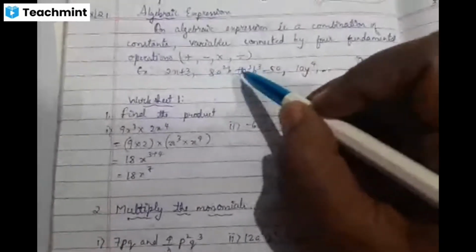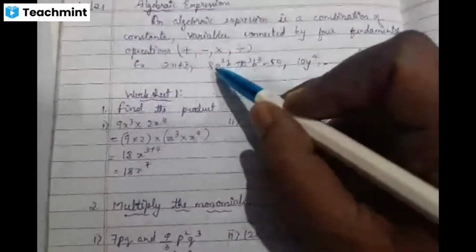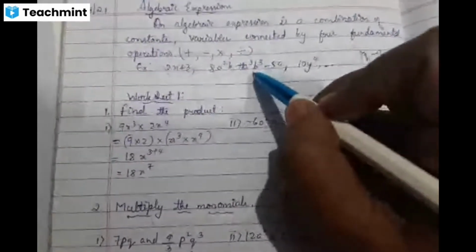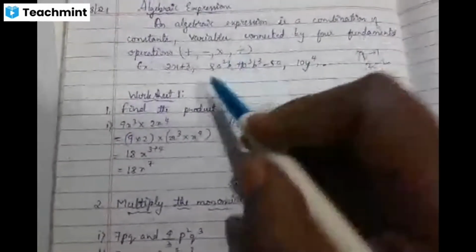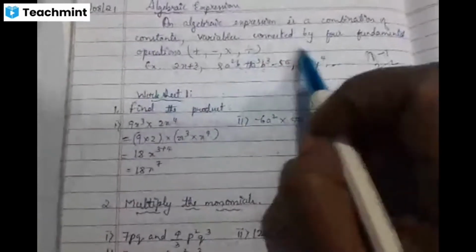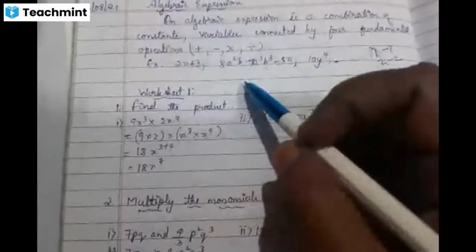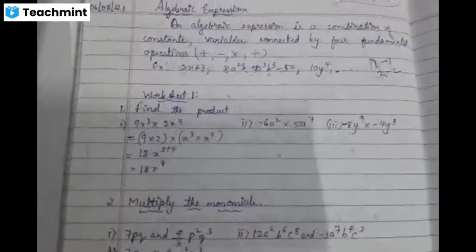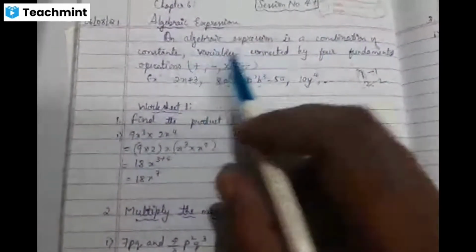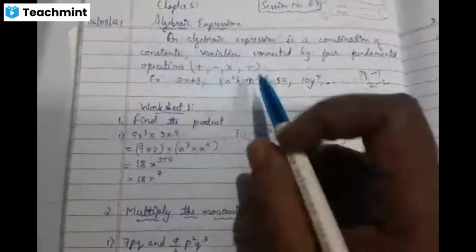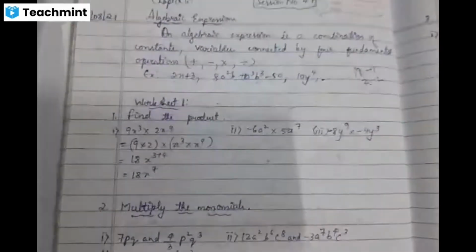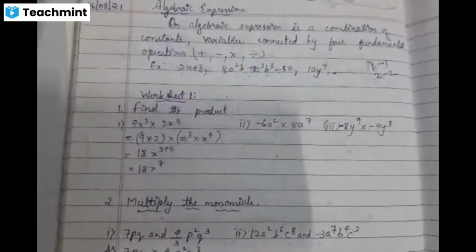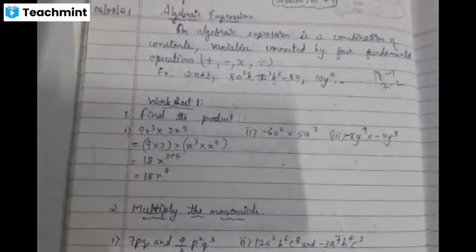Okay, this is all about constant and variables. Which are the variables here? A, B are the variables. So like these are the algebraic expression, children. Now let us learn about the terms. Okay, terms in the algebra. What are terms, children? Terms are those part of an algebraic expression separated by the symbols plus or minus.